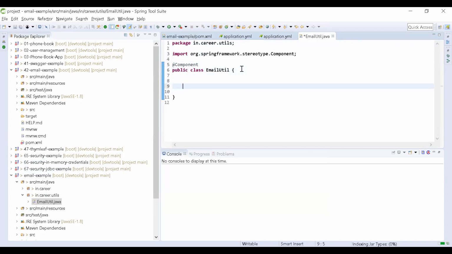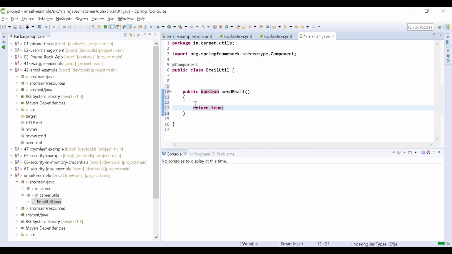And simply I am going to write here a public method, sendEmail. This method returns a boolean. If the email is successfully sent, then I will return true, else I will return false.